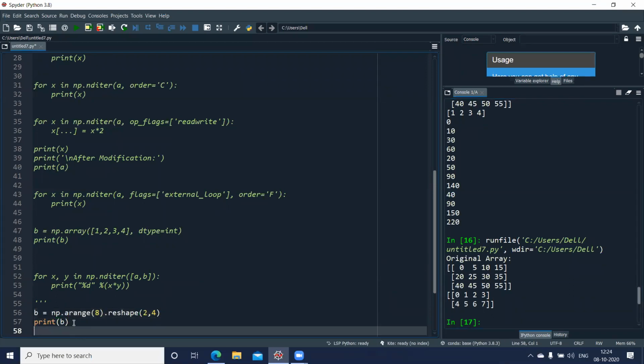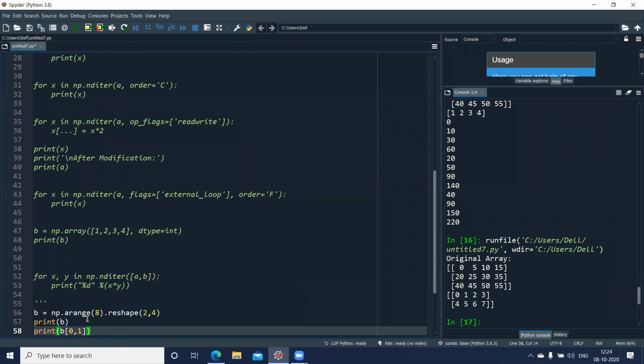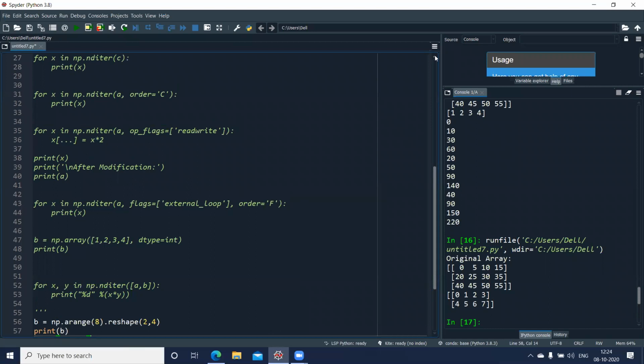Now comes the flat function. Suppose I simply want to access a number by its index. If I want to access the first row, I have to use 0 as the index position, comma, and mention the column number. Let us say I print B[0, 1].